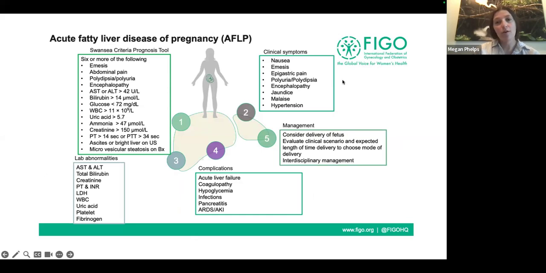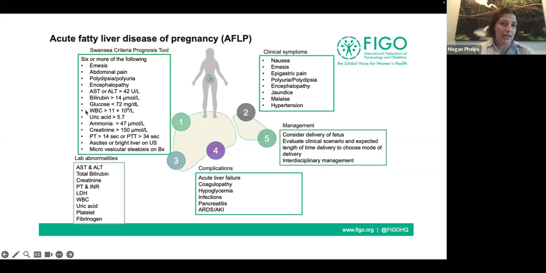The clinical symptoms can be vague: nausea, epigastric pain. More obvious ones would be jaundice, encephalopathy. Everything I was reading talked about plus or minus hypertension, but you want to differentiate this from the more common HELLP syndrome or other pregnancy disorders. The Swansea criteria are a helpful diagnostic tool, and it's more likely if you have 6 or more of the following. I'll point out again, encephalopathy,